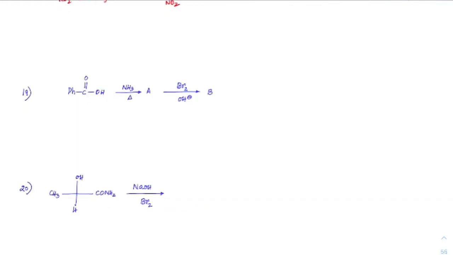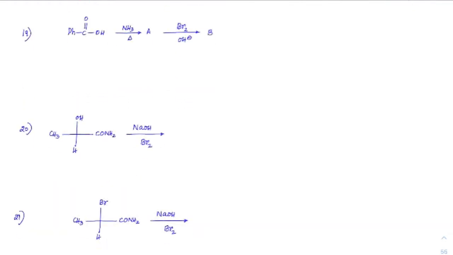Done. See the next question now. This is easy. Keep doing with me now, everyone. So PhC double bond O. Remember this, if heat was not given, what do you do? You will only end up at the salt. You will write this way, O minus NH4 plus. This is where you will end up.